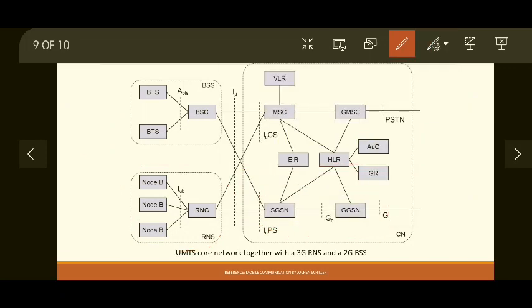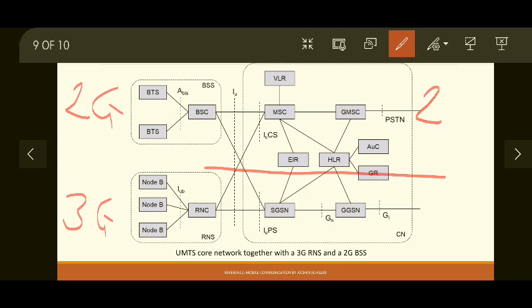So as you can see, this is 2G, this is 3G. Now inside the core network you will see components which support 2G and 2.5G, like this one. This is part of 2G and this is part of 2.5G. So we know that in 2G we supported circuit switching. In 2.5G packet switching was introduced. So core network is divided into two parts, circuit switching domain and packet switching domain. Now a call made from either 2G or 3G network will be completed with the help of these two domains.